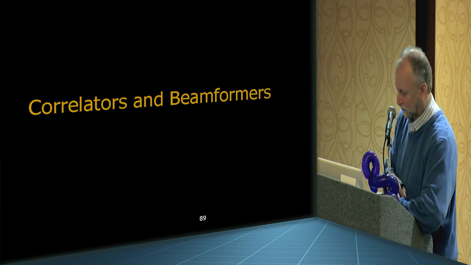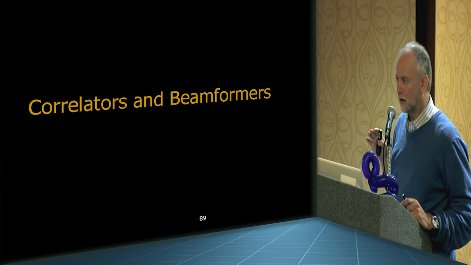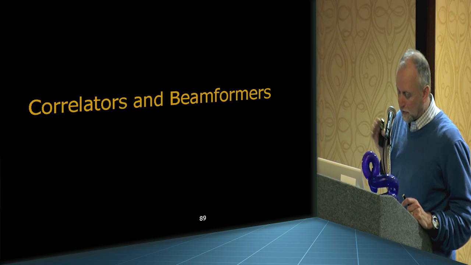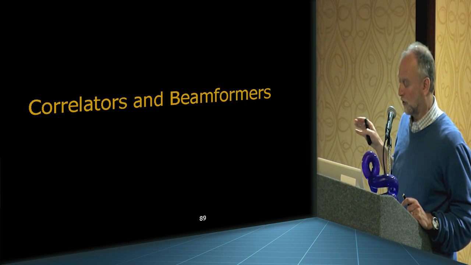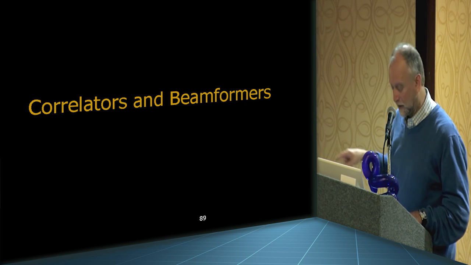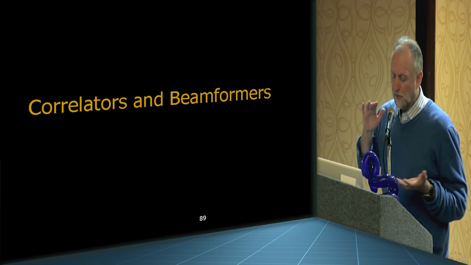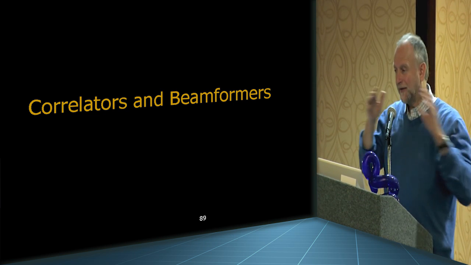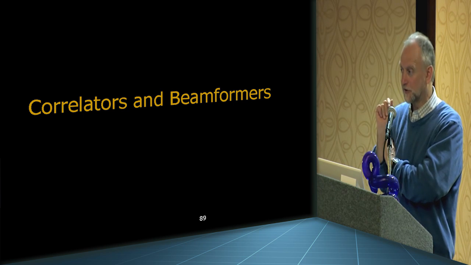So I wanted to change gears a little bit and talk more specifically about this problem that we have of interconnect. The biggest problem of interconnect in radio astronomy signal processing is in these correlators and a little bit in the beamformer. Before that, I just want to scribble on this pad a little bit so you can see how the interconnect works. Just remember that what a correlator is doing is, if you have an array of antennas, radio telescopes, you need to multiply all the possible pairs.